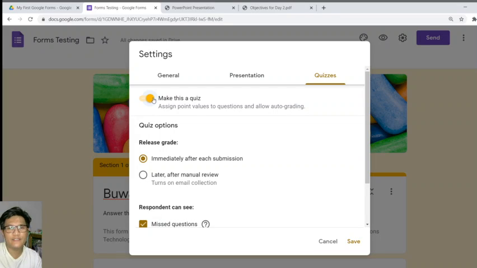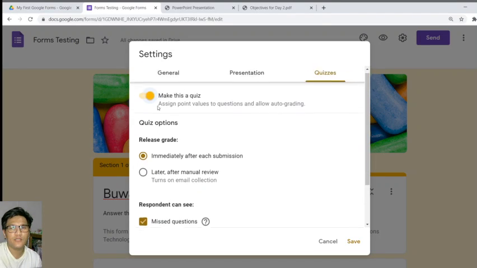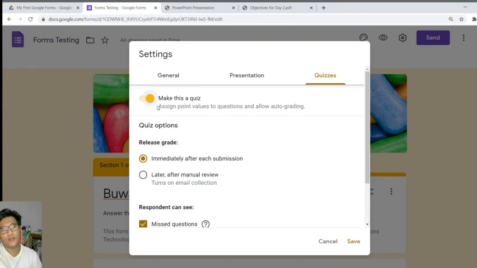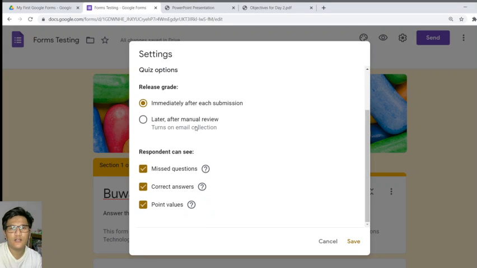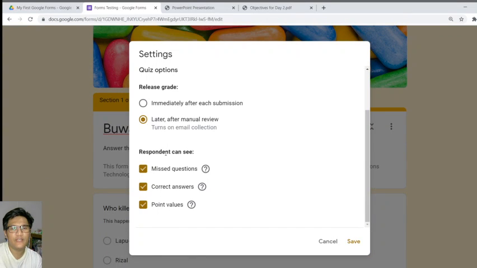So what happens if you transform it or change it into a quiz, you can release the grade, no? You can choose immediately after each submission. Pag may nag-submit, your students can see their grades immediately. Or pwedeng later then, you will still have manual review and then you will release the scores once you have manually checked on them. And then if you make this a quiz, respondents can see if they have missed questions,